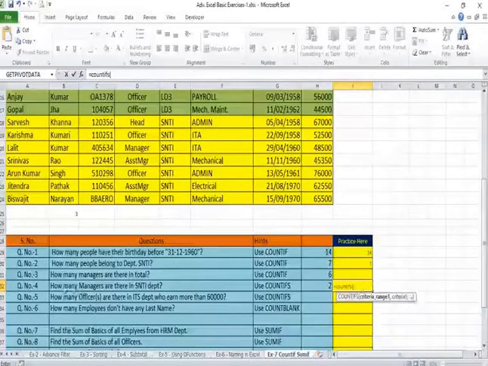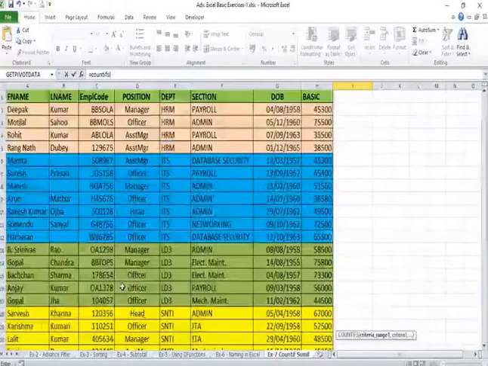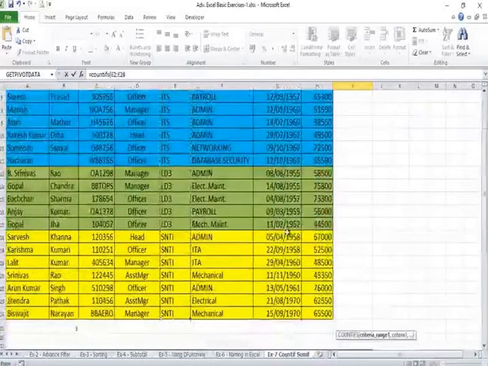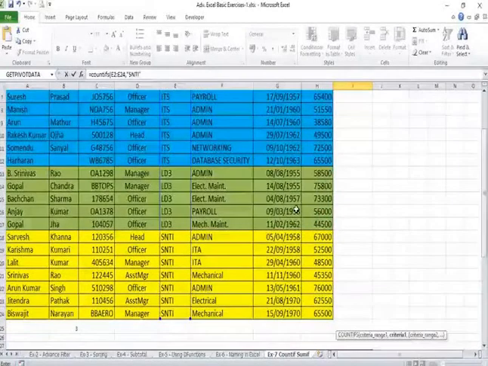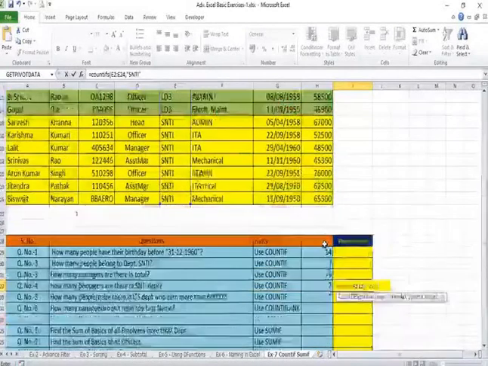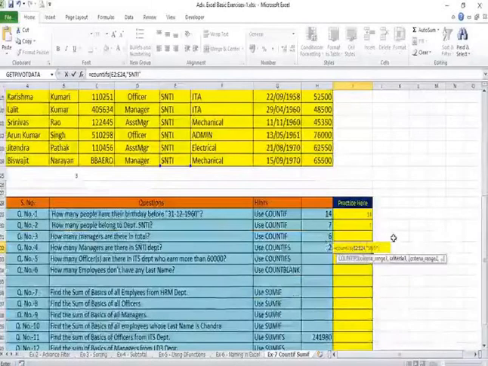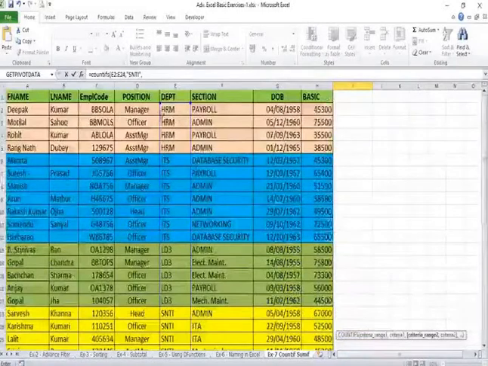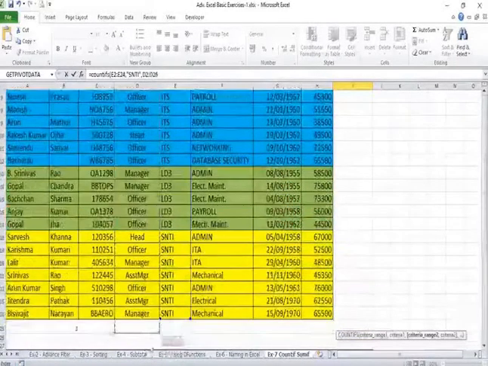So what is the first range? We have to take department and then position. So select department first, put a comma, and then write SNTI as the criteria within double quotes. Then again put a comma, then select the second criteria range followed by the criteria.